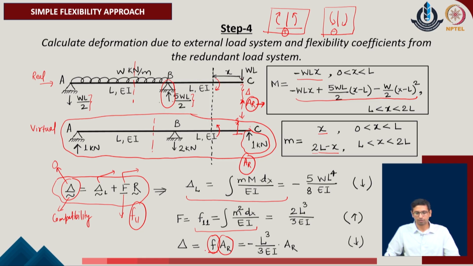It is being multiplied with the flexibility of the given spring, and that will give us the net displacement of the given system. The direction of this force is downward, and that is why we have considered this overall value with the negative sign, considering that the positive displacement or the positive direction of the redundant is considered upward in the given problem. With these 3 points in mind, we have now included the value of delta L, the flexibility coefficient f of 1 as well as the compatibility parameter delta of the given system.